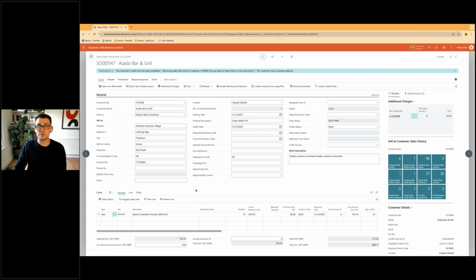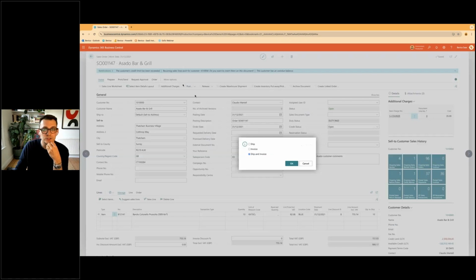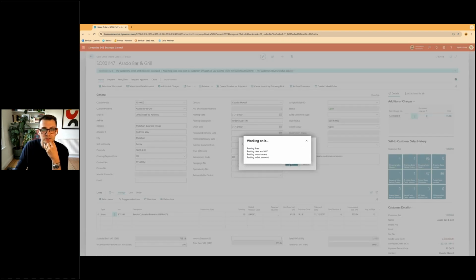We haven't added any value or anything like that. If we wanted to charge a customer for delivery, we can definitely add a line item, a charge for them to cover the cost. But at this point, we're just saying this is a cost that we're incurring, and we want to be able to record that in our system. So I have my courier charge here, my £35 that I'm saying is an additional cost. Now, if I go to post this sales order,